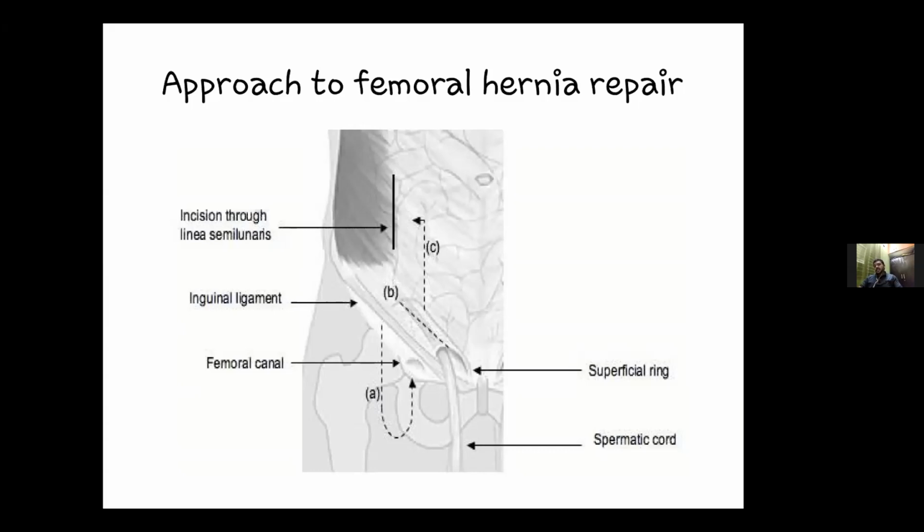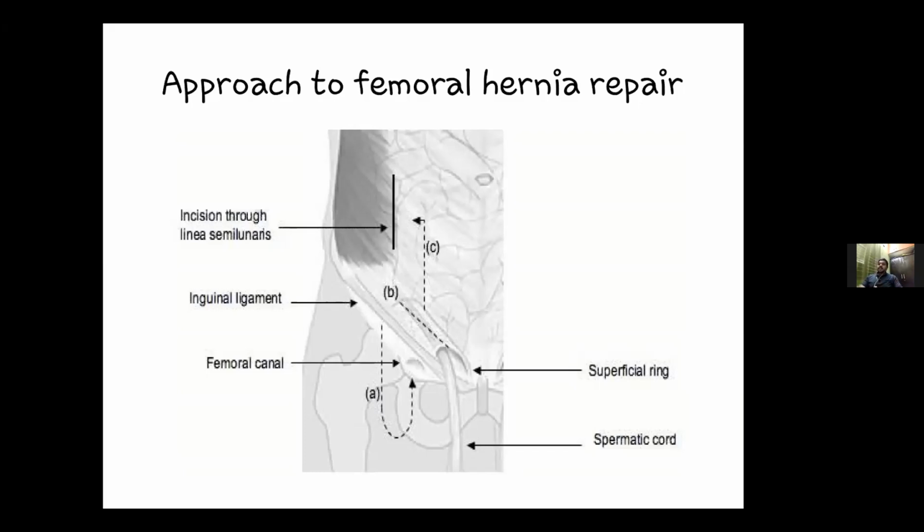Once the surgeon has entered into the inguinal canal, the fascia transversalis is split open, underneath which the femoral hernia lies. It can be pulled out from above, or it can be pushed from below, followed by which the femoral site can be sutured together, or a mesh can be placed. While closing the abdomen, the inguinal canal must be strengthened in the posterior wall, thereby preventing an inguinal hernia.